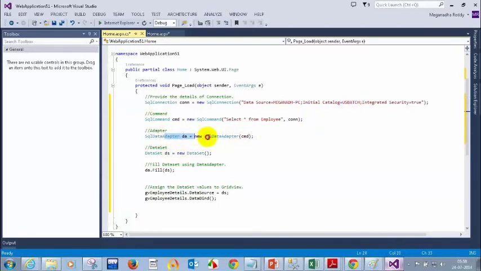The data adapter, as I said, will be used to fill the dataset. The dataset is a special variable which will hold values like table values, and da dot fill dataset means the data adapter will fill the values into the dataset. Finally, we are giving this value to the grid view. So let's run this and see how it looks. Let me run this.